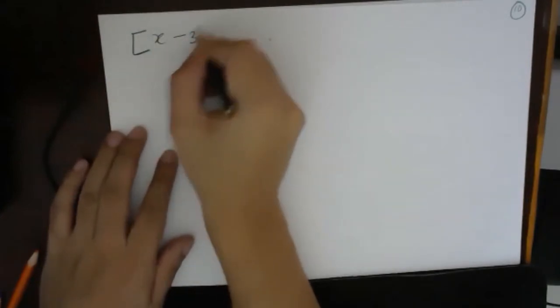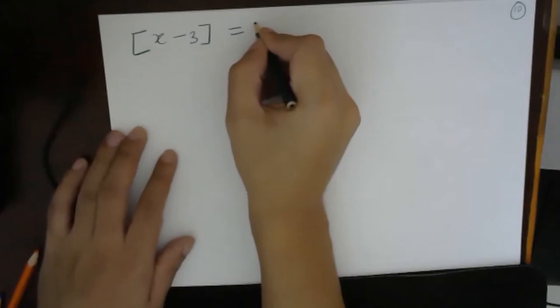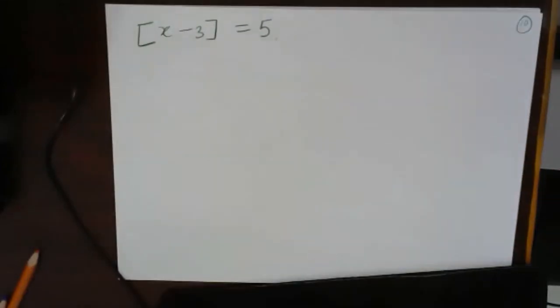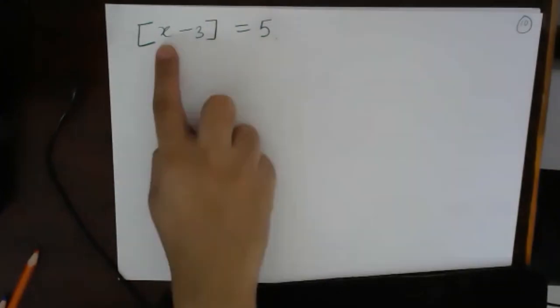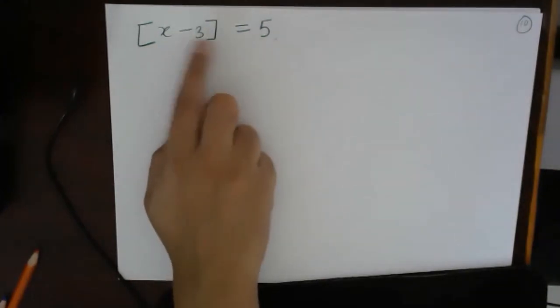Okay, let's take one more question based on this. x minus the greatest integer of x minus 3 should be equal to 5. Now tell me the values of x. What should be the value of x such that